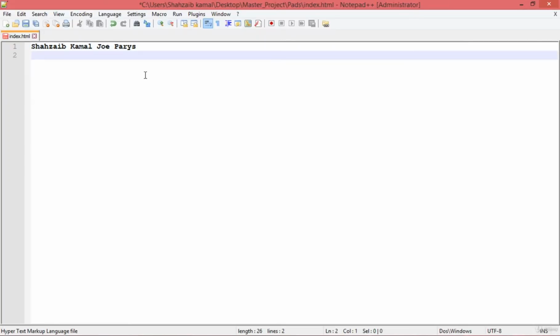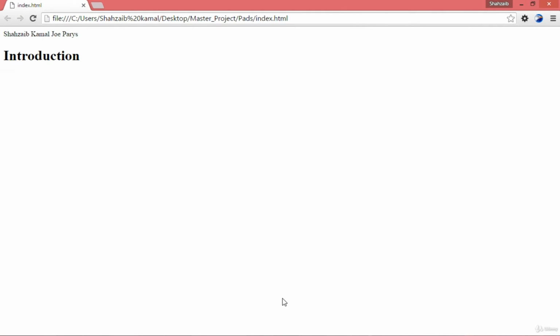But now if I put some HTML value, I'll guide you on what it is. It is a simple tag, but I'll guide you about that after some lectures. However, it's really important to learn, but right now I'm telling you about the difference between colored coding and simple coding. So I'm typing here introduction and saving, and then going to the browser and refreshing.